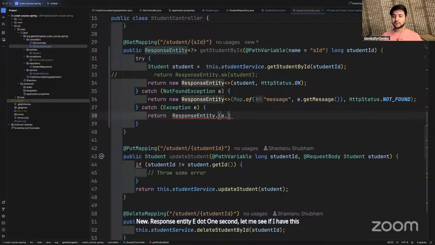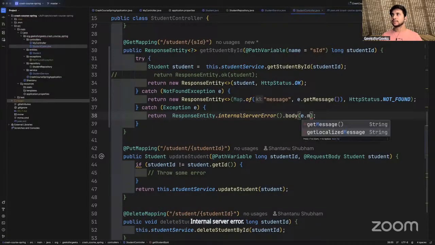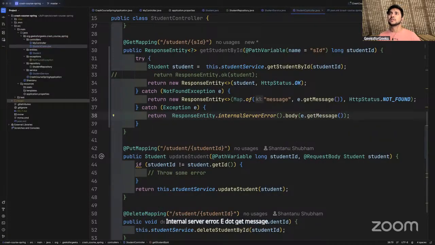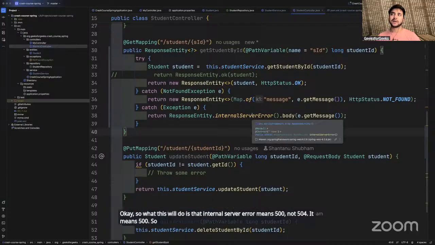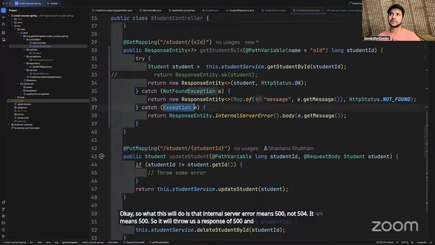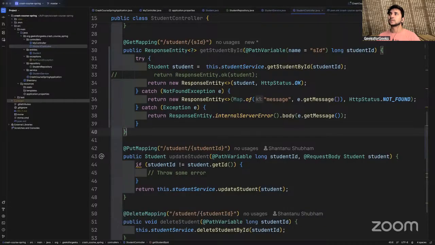Response dot internal server error, e dot get message. Okay, so what this will do is that internal server error means 500, not 504. It means 500. So it will throw us a response of 500, and with whatever message the exception is giving us, that exception we will get. Okay, clear?